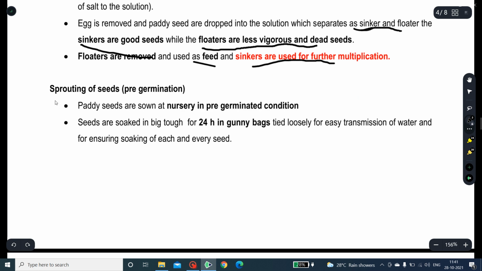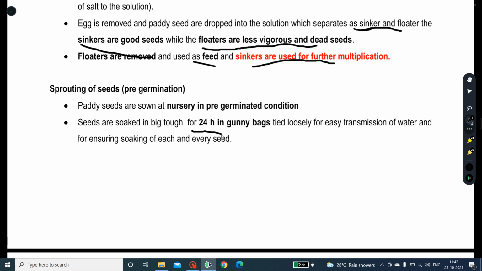And the sprouting of seed, or germination, is a very important process in paddy seed production and paddy growing. To raise the wet nursery, the seeds should be pre-germinated, as the seeds will not germinate in waterlogged anaerobic conditions, since oxygen is very essential for germination, which is not available in submerged condition. For pre-germinating, the seeds are soaked overnight and kept in loosely tied, moist gunny bags for 24 hours,